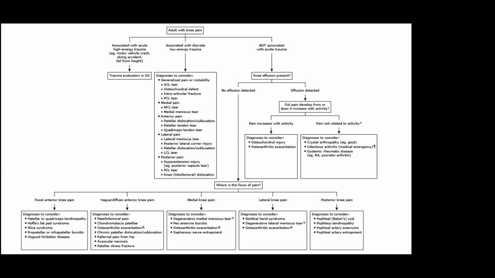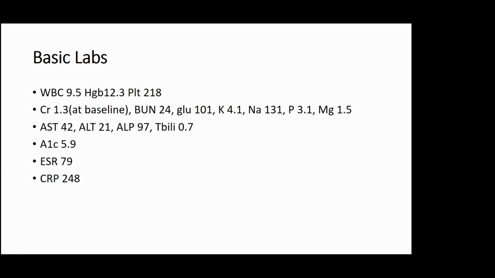So here are the basic labs for this patient. The white blood cell count was within normal limits, slightly anemic with hemoglobin 12.3, chloride normal, creatinine at baseline. Glucose has been pretty well controlled, electrolytes okay. Magnesium was slightly low at 1.5. There was a little bit of mild transaminitis. Also, this patient had pretty well controlled diabetes with A1C 5.9, ESR 79, and CRP 248. And